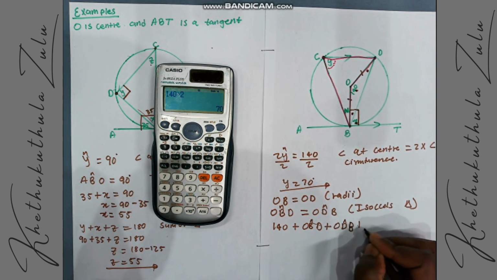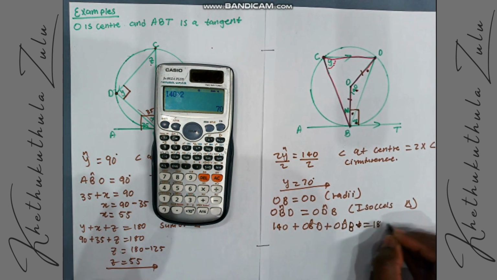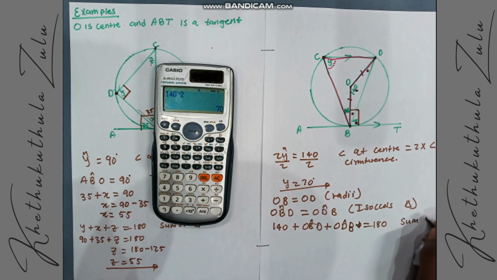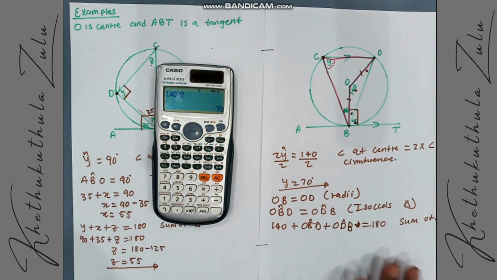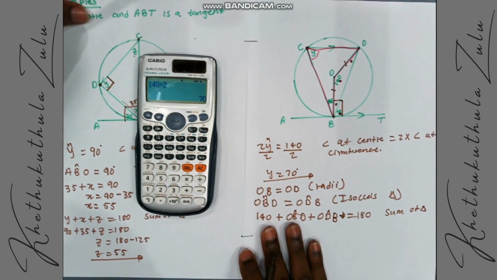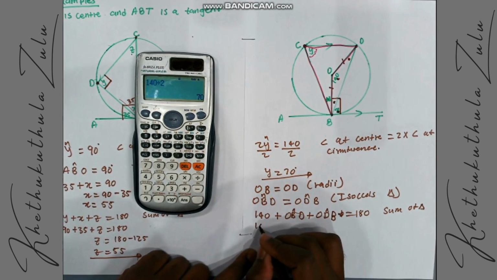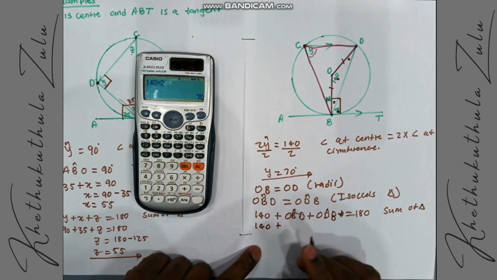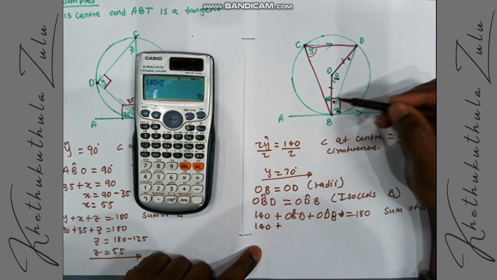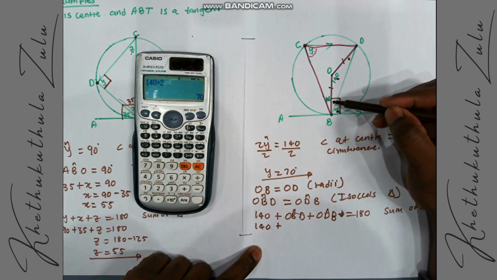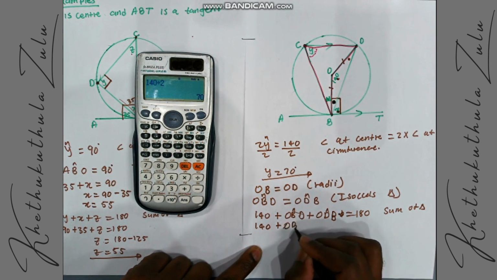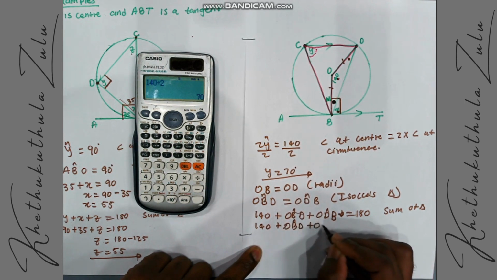Then equal to 180, and this is sum of a triangle. And 140 plus we are looking for this one, and also this one, which is OBD, is equal to ODB. So we can say OBD plus OBD